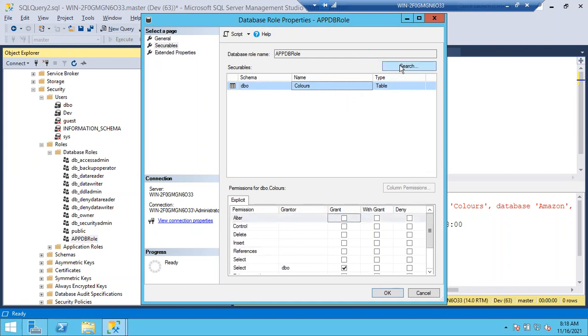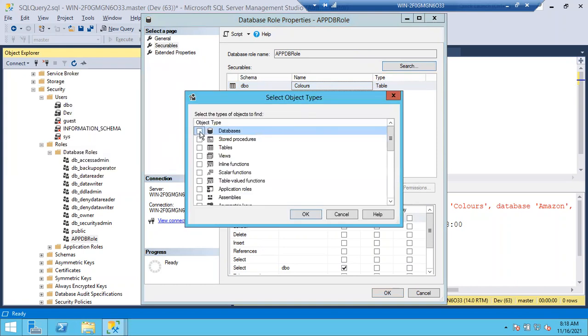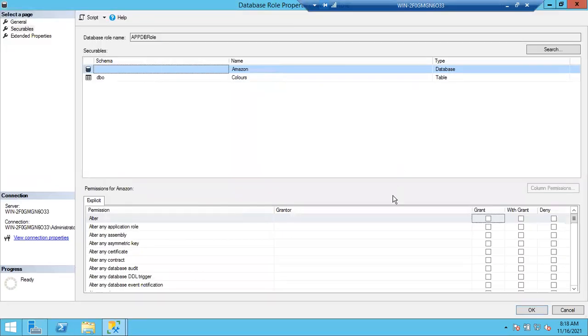One minute. Let me select all objects. Let me click databases. On database, let me check whether the permissions we selected are there or not. Okay, permissions are not there. So let me select those permissions again.